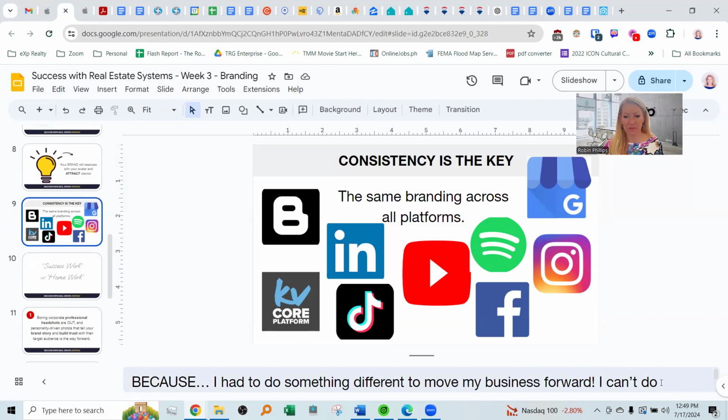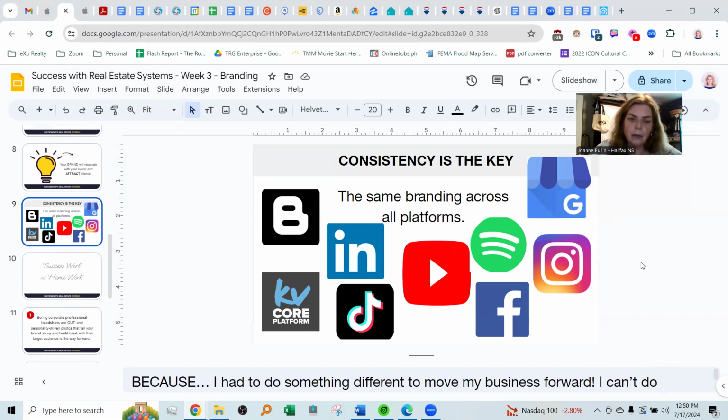I'm not going to bother making this full screen or anything else, but you want the exact same branding: the exact same bio, the exact same mission statement. Now, Instagram, you can only have one thing. Create a Linktree or something like that that you can go to. We will talk about Linktree and what that looks like when we get to the section on lead generation. But your same photo.